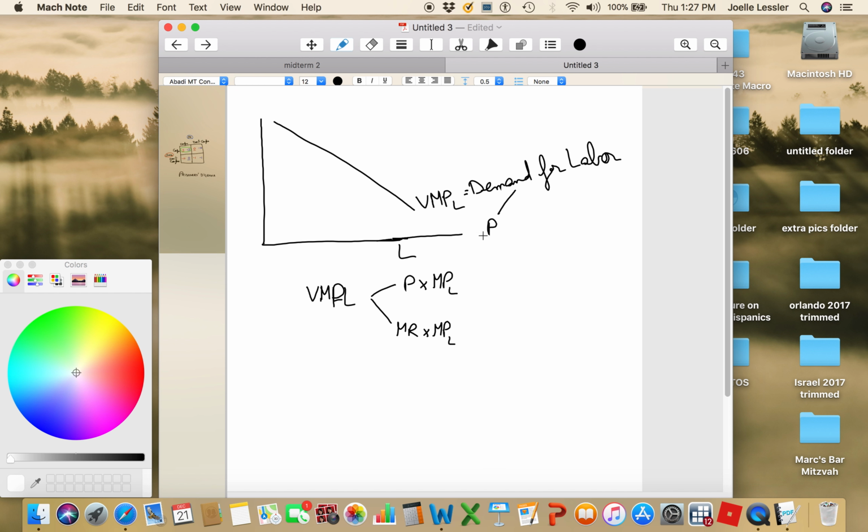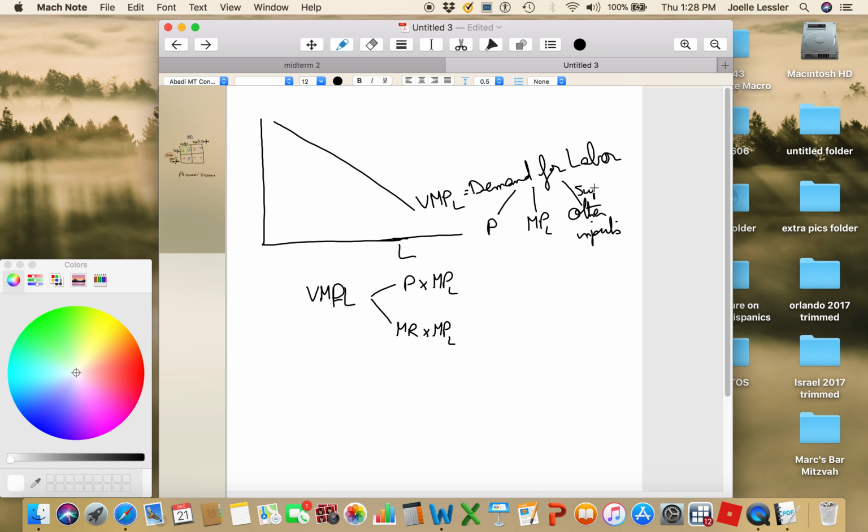If my product becomes more popular, the price goes up, then the value of marginal product of labor goes up, and the demand curve shifts to the right. The marginal product of labor, if my workers become more productive, then the whole demand curve shifts to the right. And then other inputs,